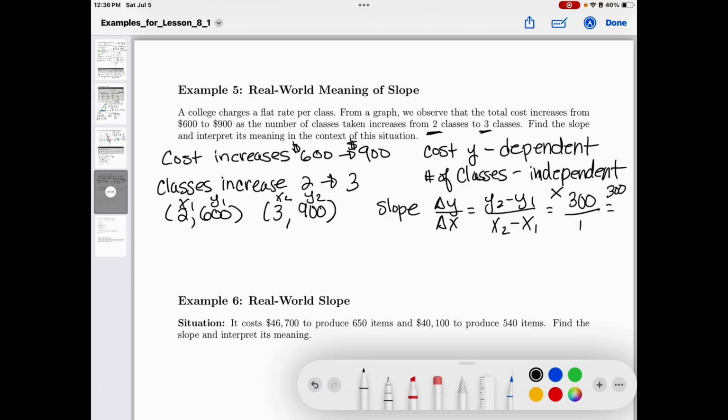Now, to interpret this, remember what the x and y values represent. That is key to understanding how to interpret the slope, because the y's represent the cost. 300 is the change in the cost. Because the x's represent the number of classes, 1 is the change in the number of courses. So when we interpret this, we would say the slope is 300, and that means